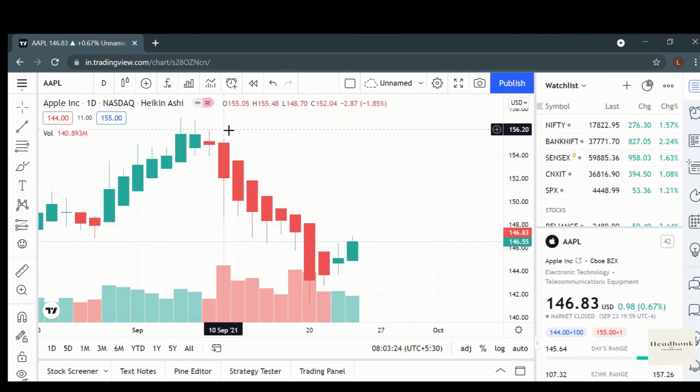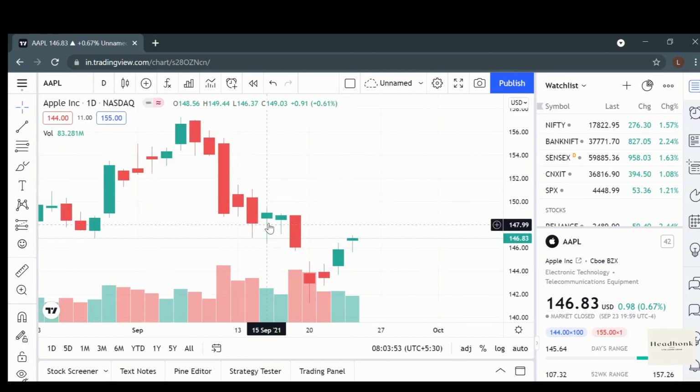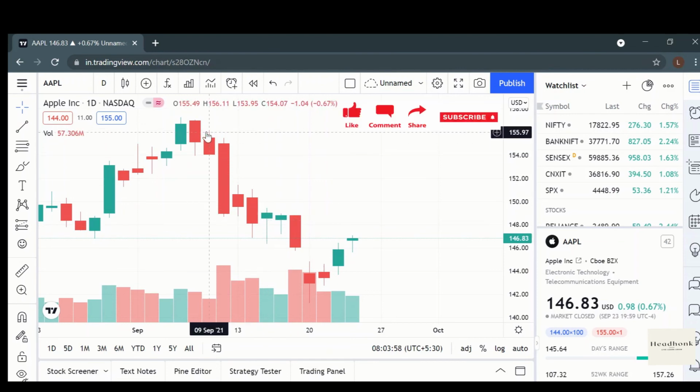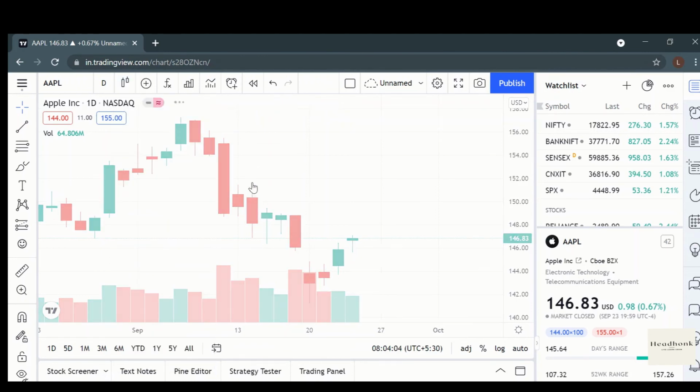So if we take an example, this candle was formed on 10th September, and since 10th September till 21st September, there is no green candle. So it's a clean downtrend. That means every day when the market opens, it is going down. This is how it represents. But if you switch to candlestick for the same time period, you see there are two green candles. That means these days market actually moved up, but Heikin-Ashi is still showing a downtrend, because it is calculating average, and that's how it is plotting this chart.